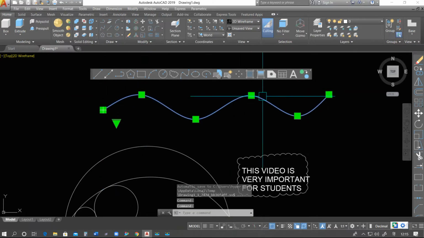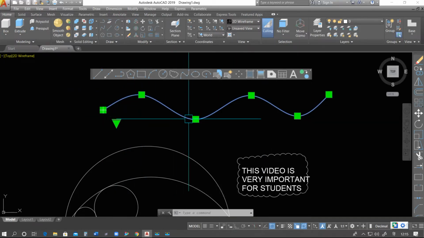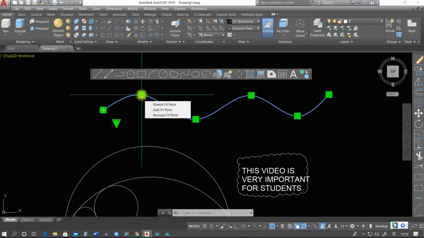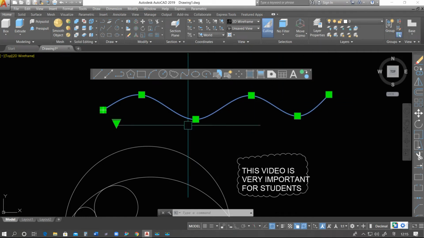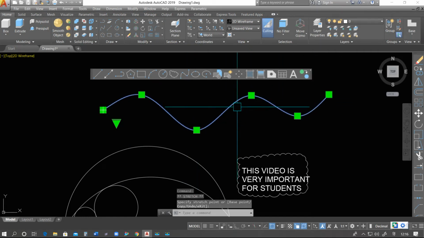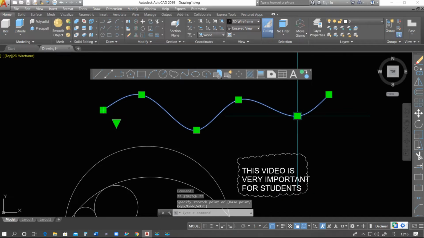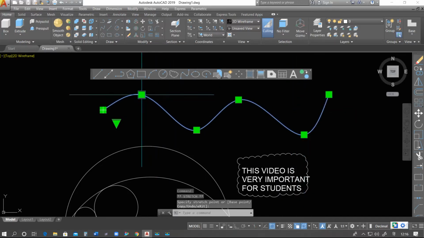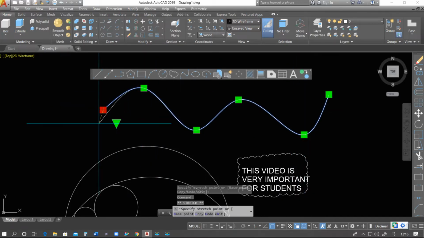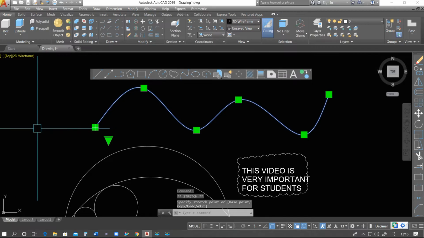So this is called fit point because the manipulator vertex, these are called manipulator, as well as we can say that interpolator. So manipulator or interpolator, these are along this path. You see, we can control this one from here. Okay, like this we can control this one.